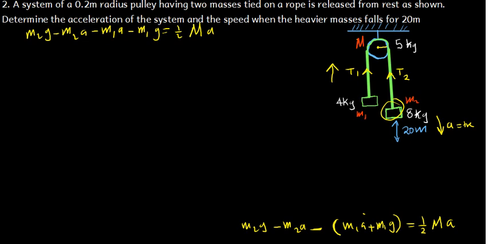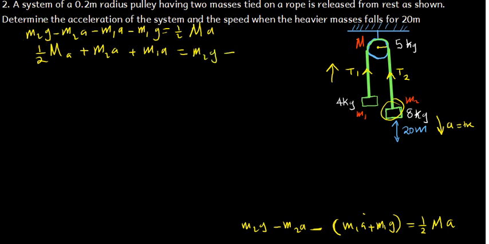So first we have got half capital M and then A. I'm going to take this mass the other side, it becomes positive M2A. This also the other side becomes positive M1A, and that is going to be equal to what we are remaining with on this side,